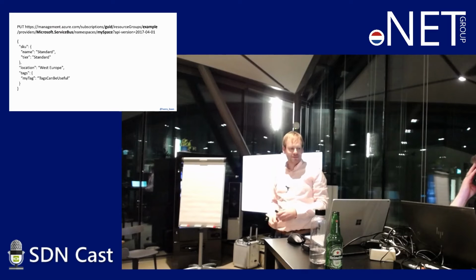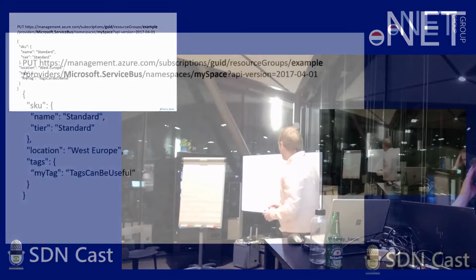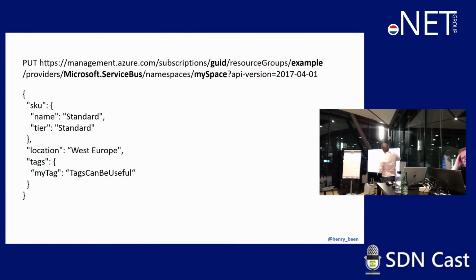Now if I call an API like this, subscriptions and the name of the resource group, then a provider, in this case Microsoft.ServiceBus, which is the one that we use to create a service bus namespace, specify a name and the API version, I can just post a little bit of JSON describing the service bus namespace that I want. And once I have done this, and I've waited like 30, maybe 60 seconds,